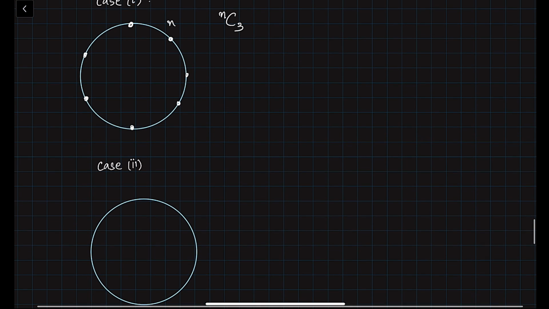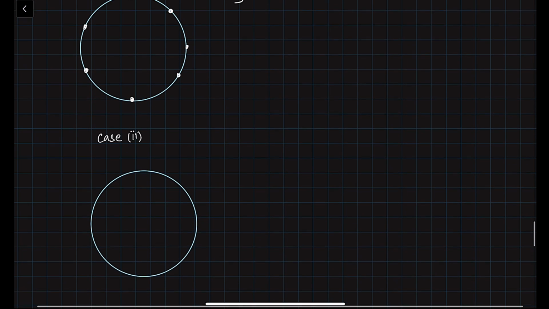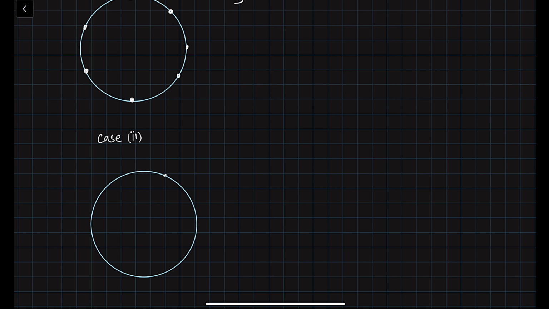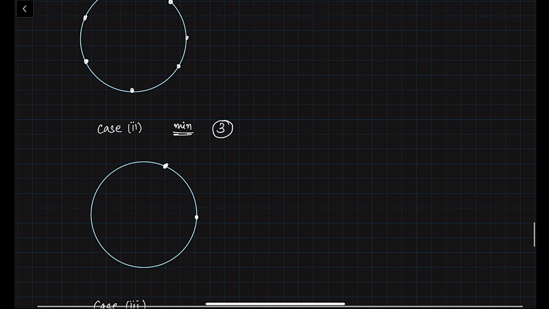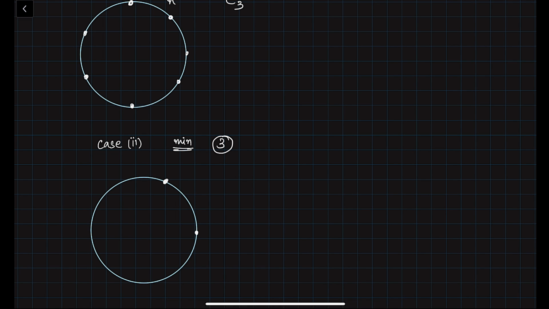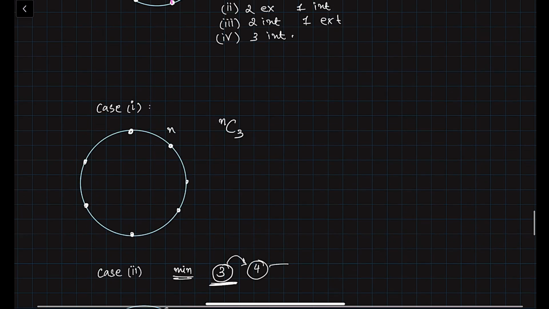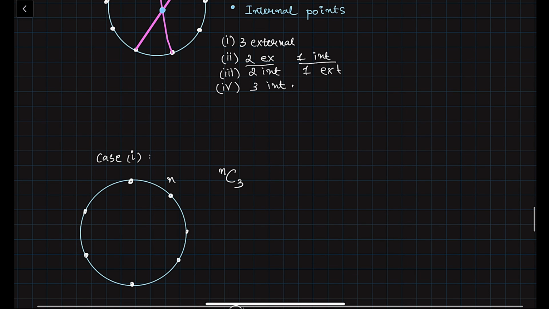Now let us see how we can form 2 external, 1 internal. The important thing is that we want to find the minimum number of points so that we can do this. These 2 are the external points. Why do we want to find the minimum number of points? Because suppose we find that the minimum number of points to find an external and internal point is say 3 points. Now these 3 points can also be applied to the 4-sided, 5-sided and so on. So we want to find the minimum number of points so that we can find 2 external and 1 internal points to form a triangle. Okay.